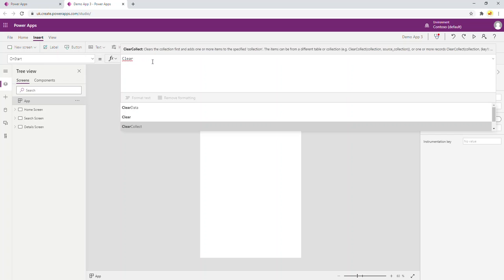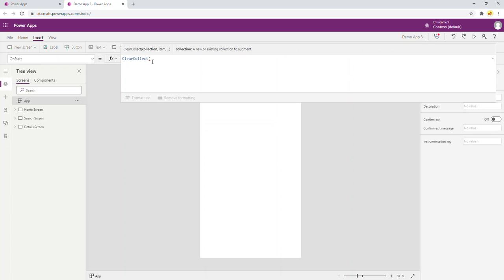You can see we've got IntelliSense telling us how to use this. So the ClearCollect does two things. It will clear the collection and it will build us a new collection. And a collection is essentially a tabular data source, if you like. So it's a grid. You think of it as a mini grid of values that we can use for a variety of purposes. So I'm going to call this main menu